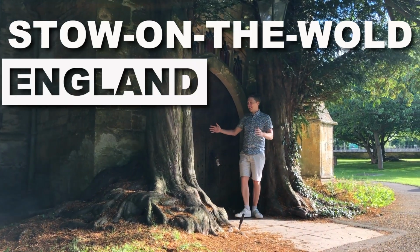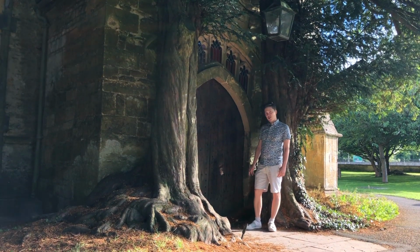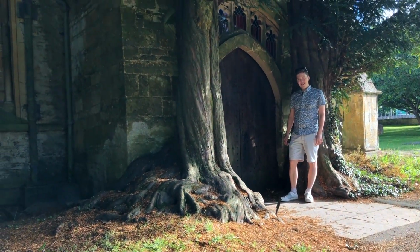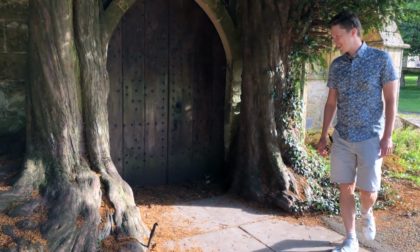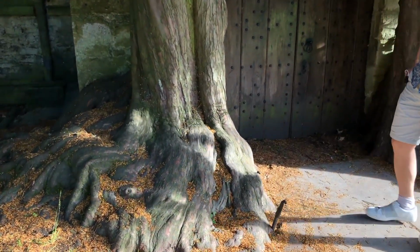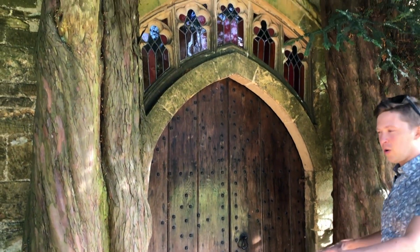Just look at these two ancient yew trees at the north porch of this church. It just looks like they're guarding the portal into a parallel world. In fact, I couldn't quite believe that this is for real, but it is for real. Just look at how they engulf everything around them, how they swallow everything. And they just carry on, their roots just go and